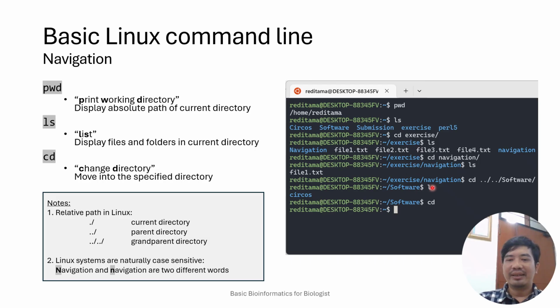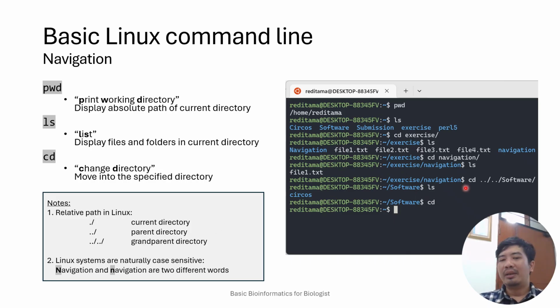Okay, now, this is an absolute path. You write your path back to the root, home, and my username, but there is something called a relative path.